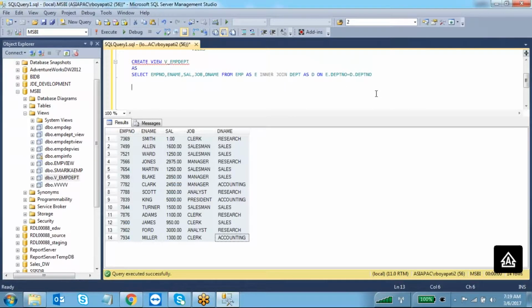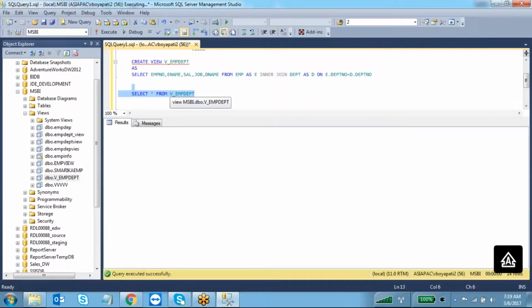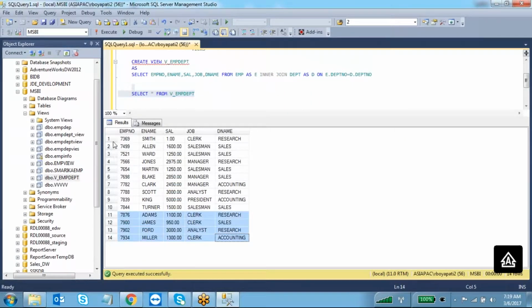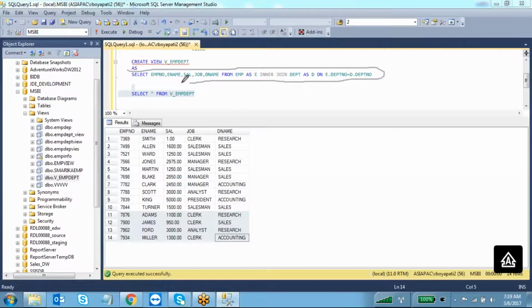Simple. How you treat your normal tables, you can treat this view also. Like, select star from, what is the view name? This is the view name. See, the same result is coming. Whatever result this query is giving, we get the same result from this.